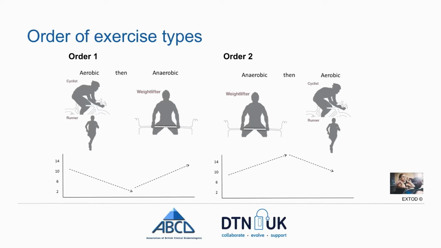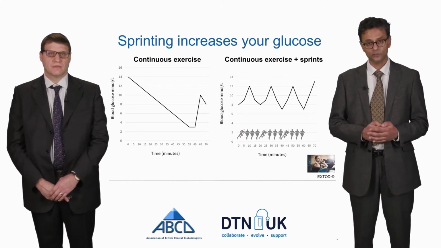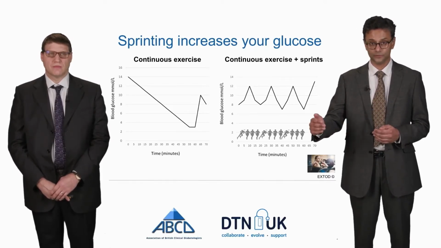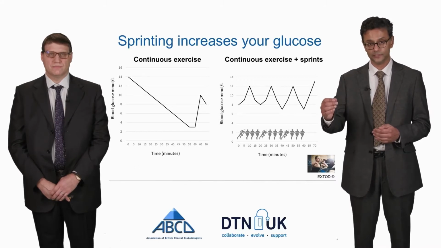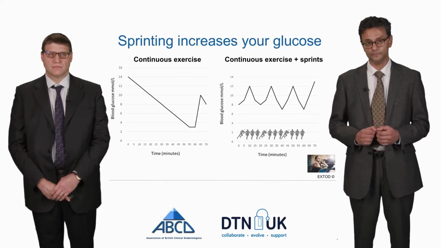So I have a patient, for example, who when he goes into the gym, if his blood glucose is high, would start with aerobic exercise to bring the glucose down, and then he'd switch to anaerobic. However, if he walked into the gym and his glucose was a little low, he would start with anaerobic to push the glucose up, and then he'd finish off with aerobic exercise to bring the glucose down. And you can also use this intermittently. Here is someone who on a long run might see his glucose drop through the run, but if he were to put in little sprints in between, then it's an efficient way of keeping the glucose stable.